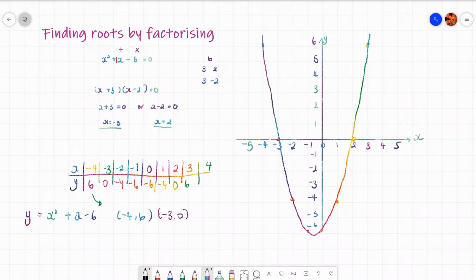And let me kind of join that up. There you are. That's much better. Okay, a nice, smooth U-shaped graph. Okay, so you should be able to spot something on our graph in regards to the answer that we found